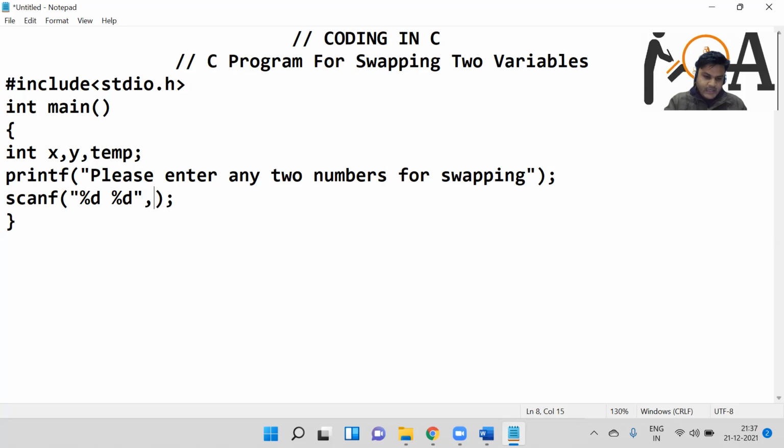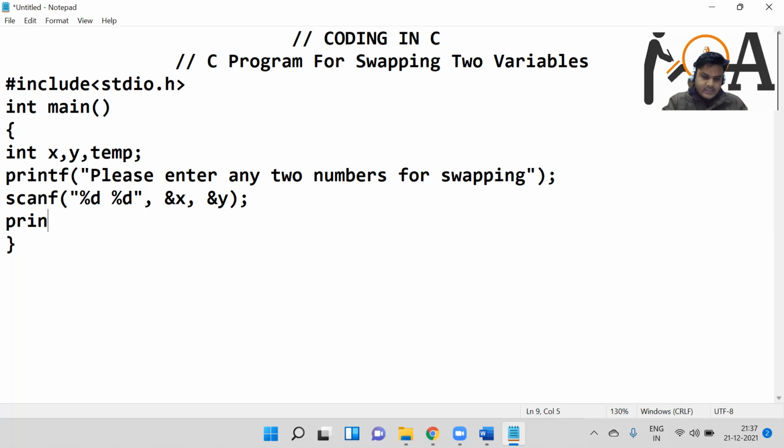Percent d, and the first value is going to be stored at the address of x, and another value is going to be stored at the address of y. Okay, so two variables are stored. One is in x and another one is in y.